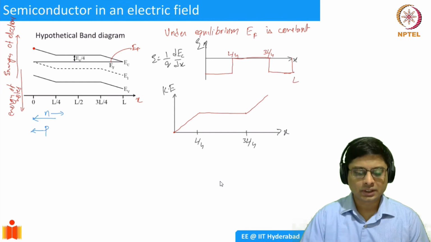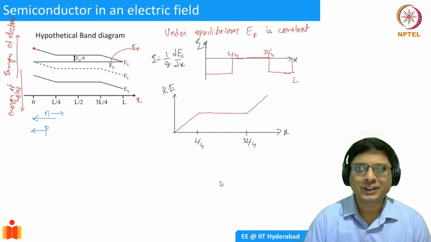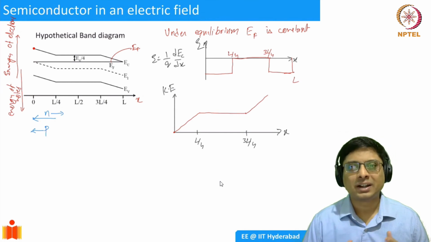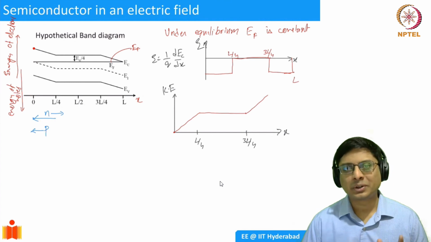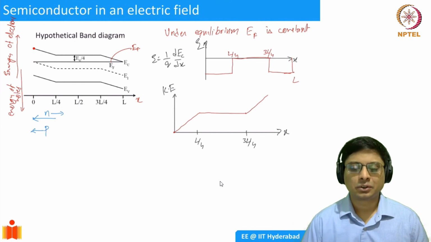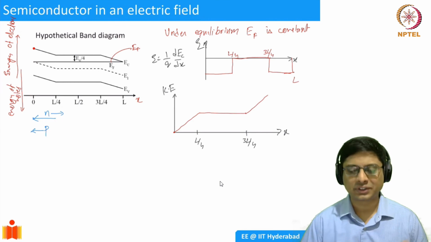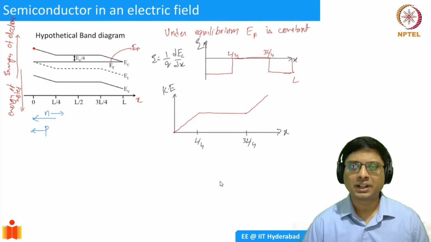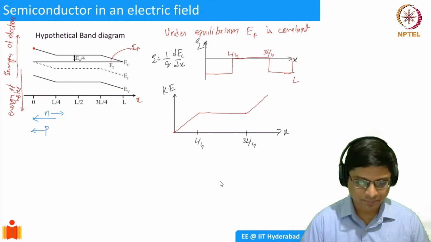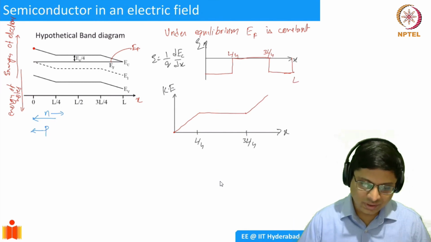Okay. It is possible to avoid some of these things, but when we talk of barriers, potential barriers in a PN junction, it will be useful to revisit these concepts. Essentially, what we are trying to do is build up a toolbox. By the end of this week, our toolbox will be done, so we'll have all the basic tools necessary to understand semiconductor devices. Next week onwards, we'll talk of PN junctions and so on. When we talk of these potential barriers, these concepts will be useful. That's why I'm covering it right away, so that you have some time to review, and when we talk about devices, we can understand it easily. Okay. So this is how kinetic energy changes.